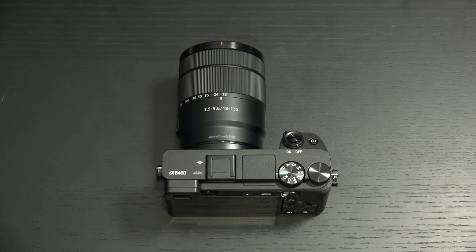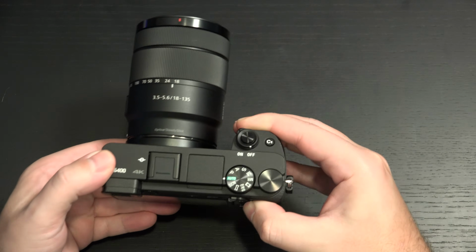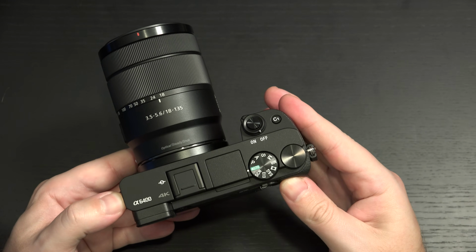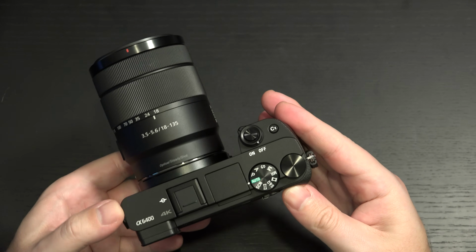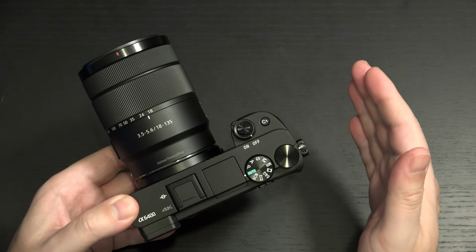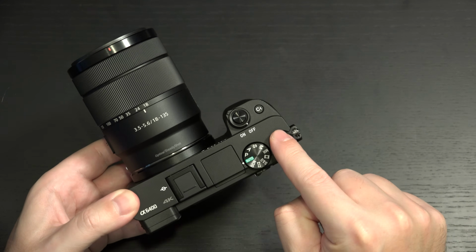Ed here with the Digital Digest, and today I wanted to share an update on my experience with the Sony A6400. Now at $899 US, I can say without hesitation, this is the best camera money can buy at its price point. Yes, I would have liked to have seen more in terms of what this camera had to offer in replacing its predecessor, the A6300, but all of that aside, for $900 US, again, that's only for the body,